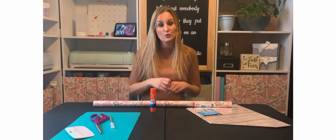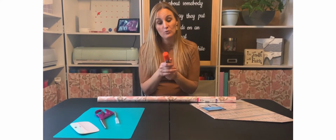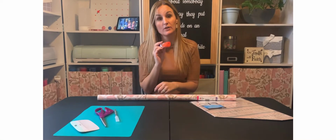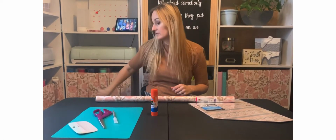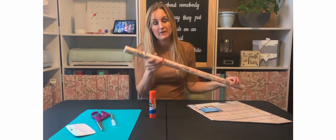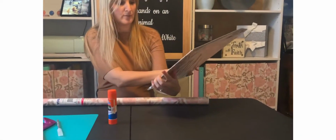Okay, so I'm just going to show you quickly how to use glue. I found old glue, literally has Kai's name on the top, probably from like kindergarten, and I used one of these glue sticks to do all of these covers. So I went to the Dollar Tree and got this roll of wrapping paper and these, what are they called, magazine